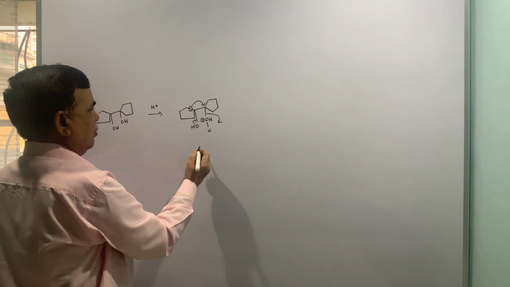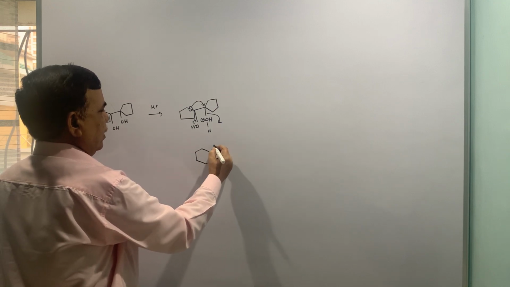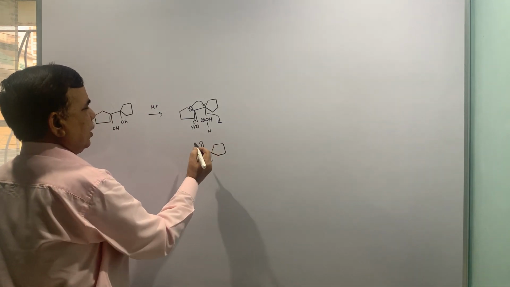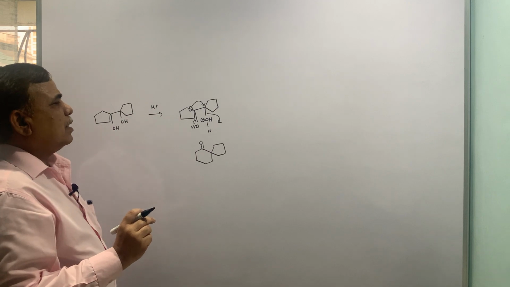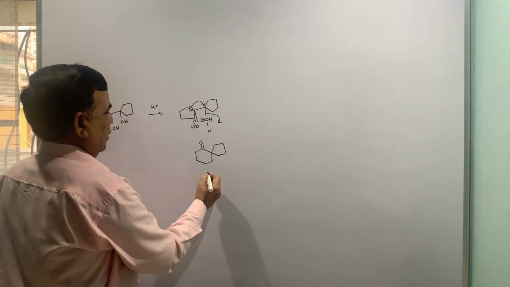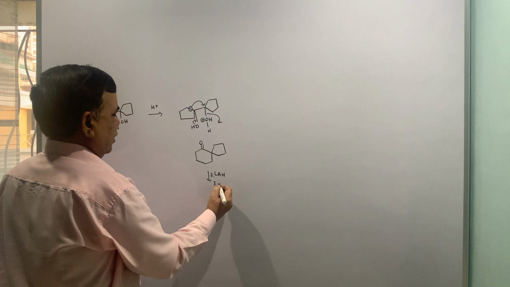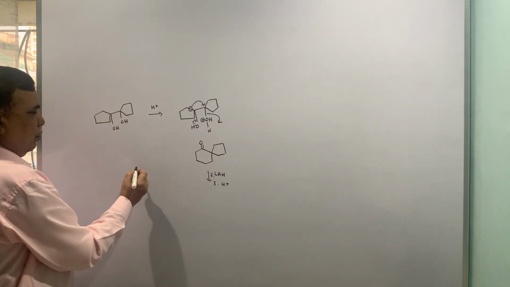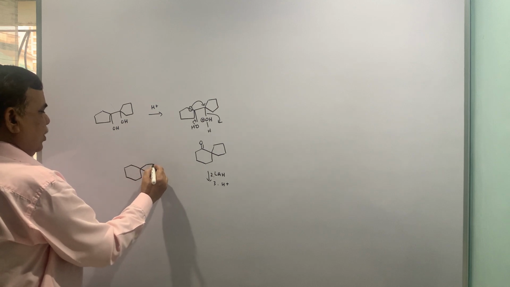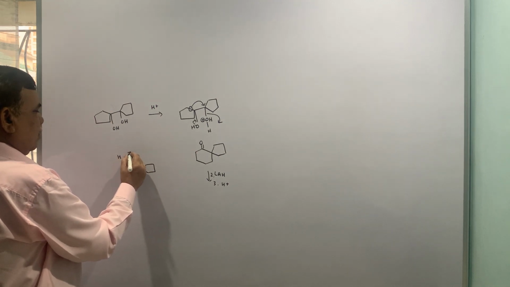So this ring becomes a 6-membered ring, wherein you will be having a 5-membered ring and the carbonyl will be at this second carbon. Okay. Then the next reagent is LAH and third is H plus ion once again. So with LAH, we know that LAH is a reducing agent and this will become OH. Ultimately this becomes OH2 plus.